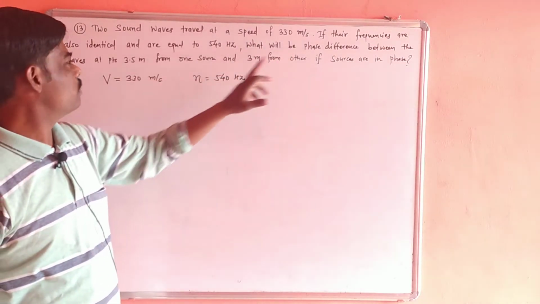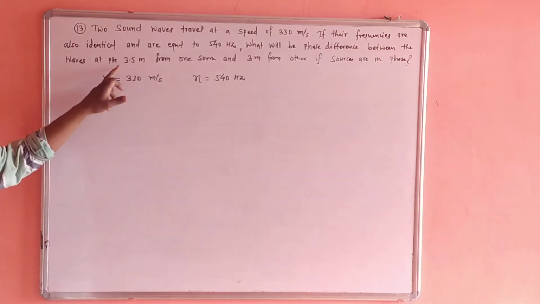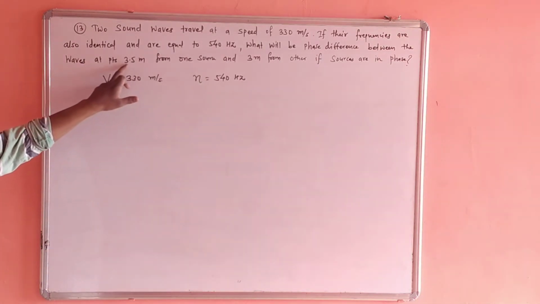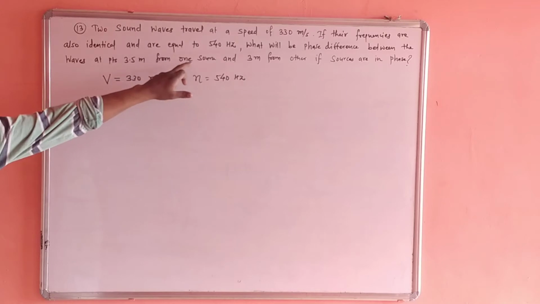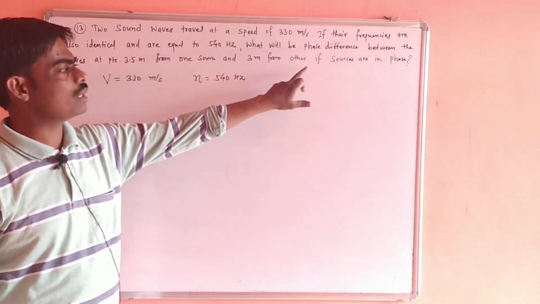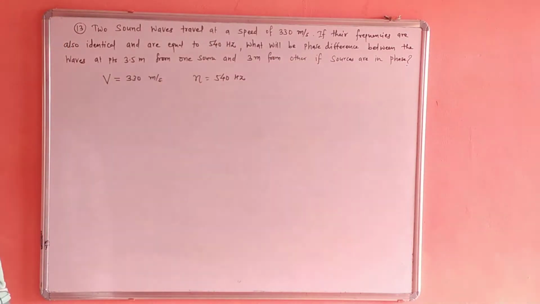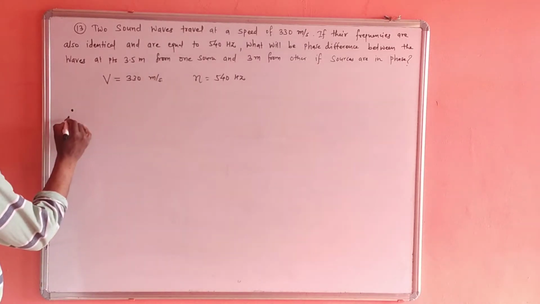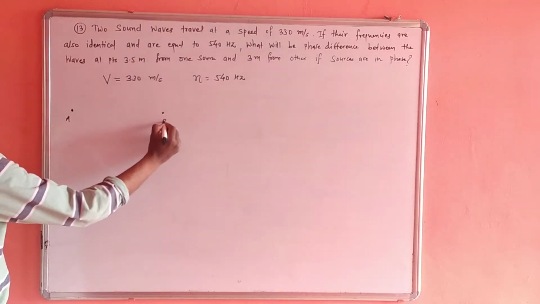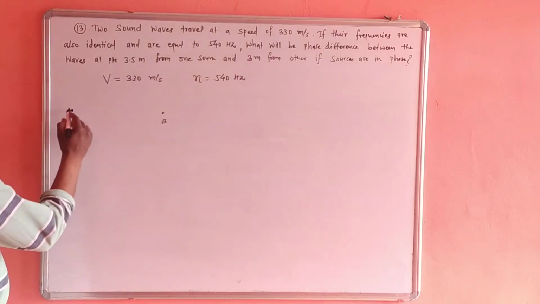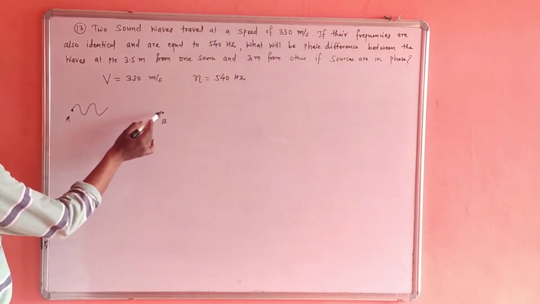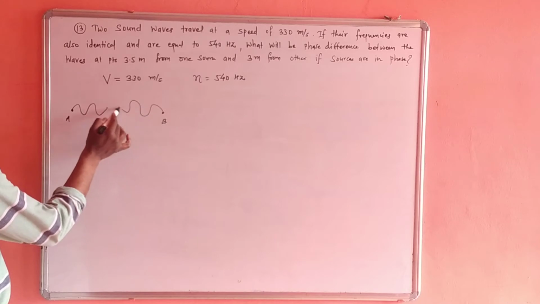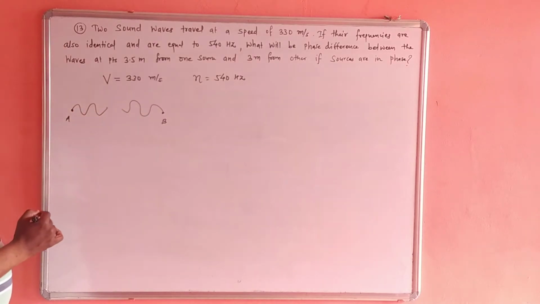What will be the phase difference between the waves at a point 3.5 meter from one source and 3 meter from the other source, if the sources are in the same phase? That means suppose this is first source A and this is second source B. So a wave is emitted from the first source, another wave is emitted from source B. So